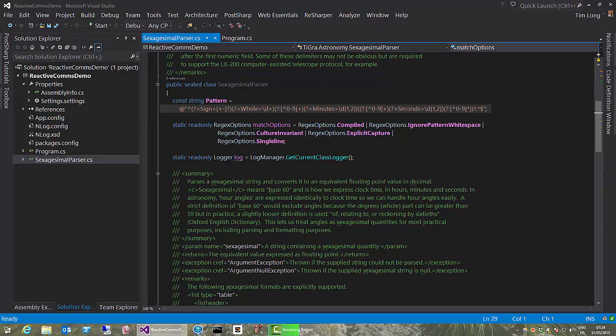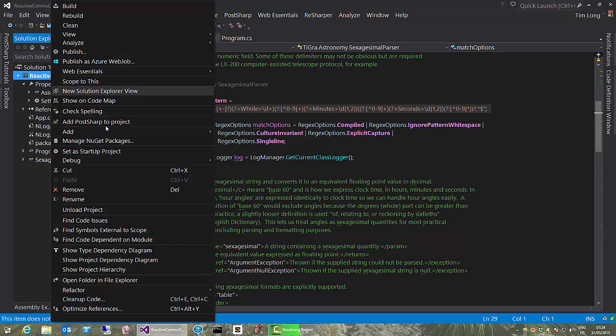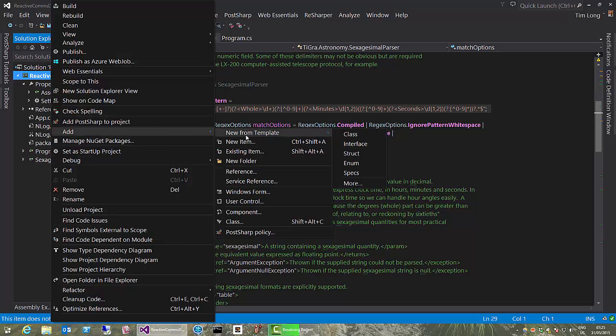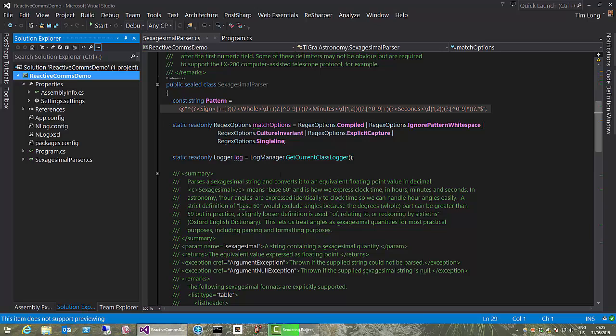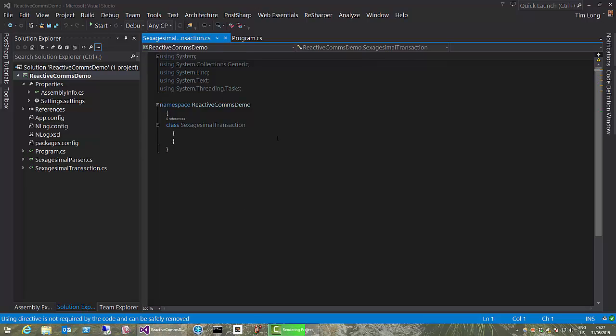So okay, back in our main program, let's add a new transaction. So we're going to add a class called sexagesimal transaction. Okay, now transactions